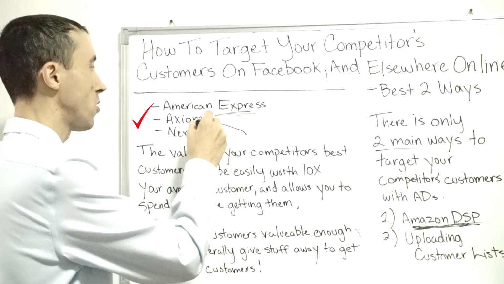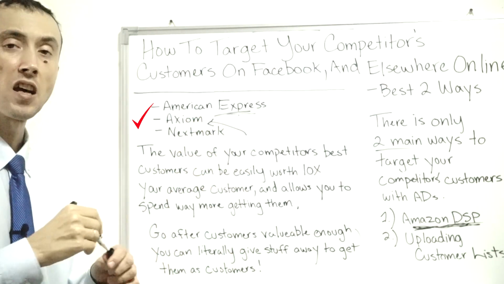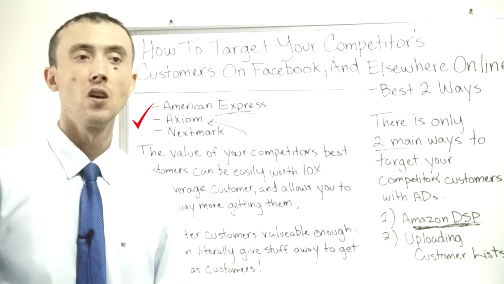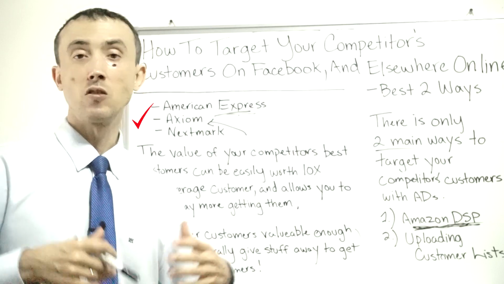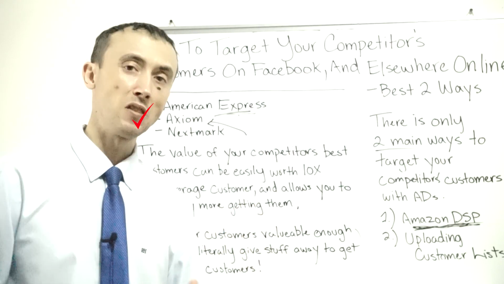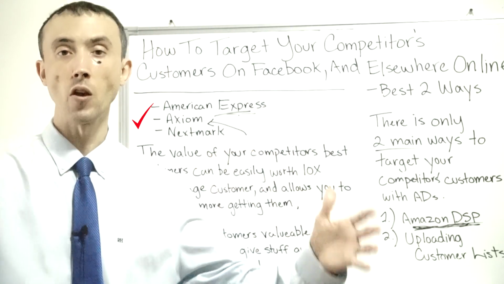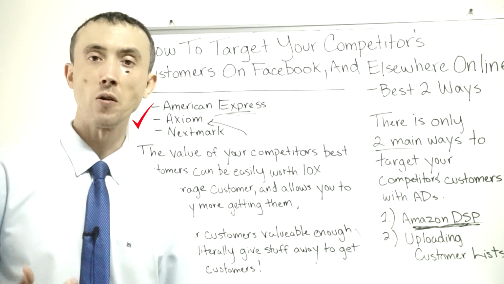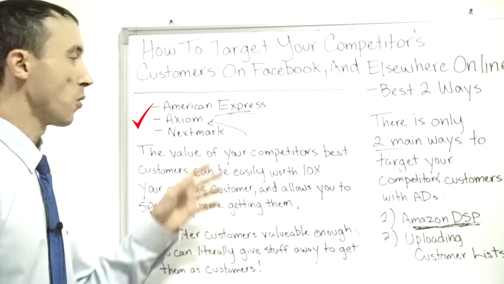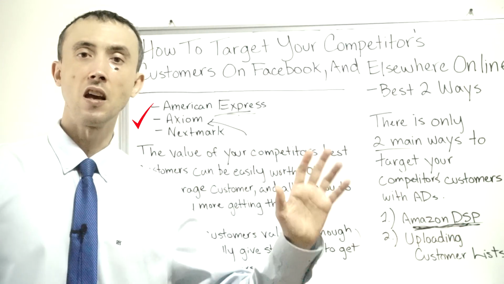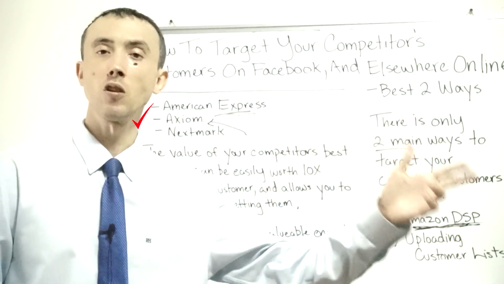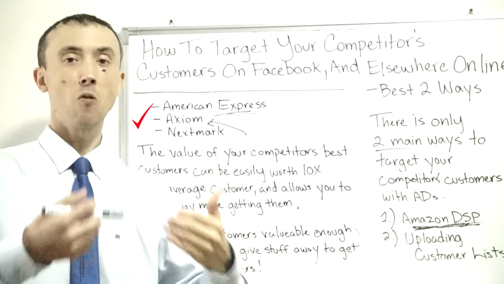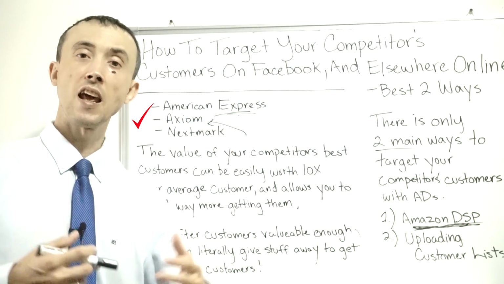Second to that, you can get access to customer purchase data through Axiom Services. And it's the same thing there. If they don't use American Express, but they use Visa or MasterCard, you can get access to those people there in addition to the American Express. Axiom is just a data broker company, which, if you're wondering how Facebook allows you to target so many people, they're getting data through Axiom. Now they've cut way back on that, but they still get access to some data.